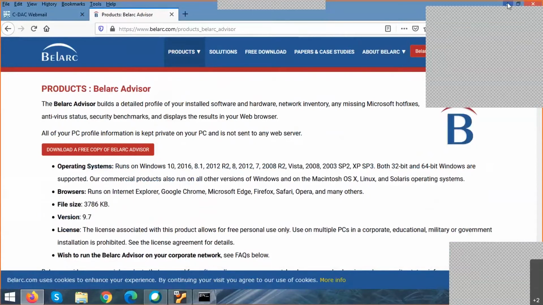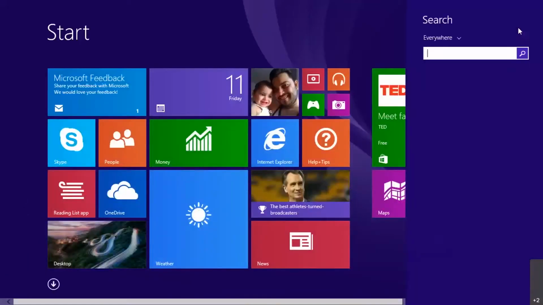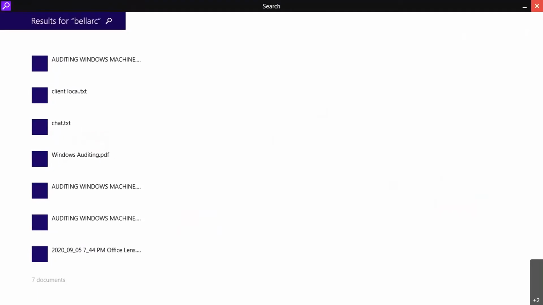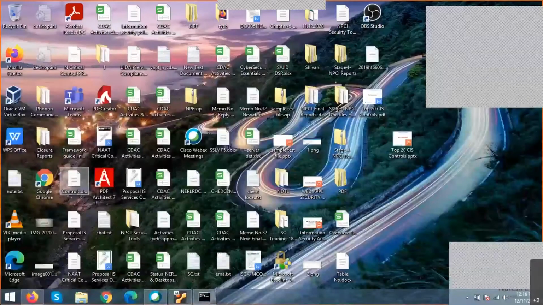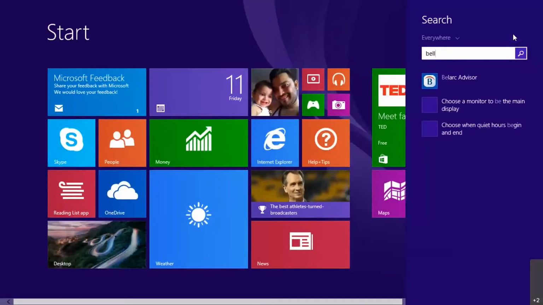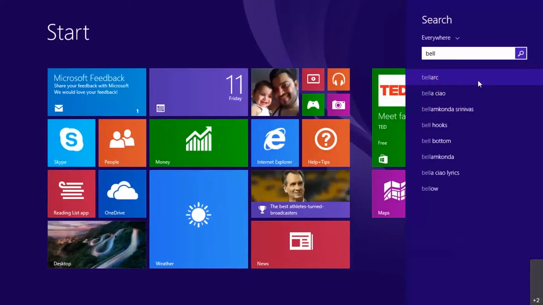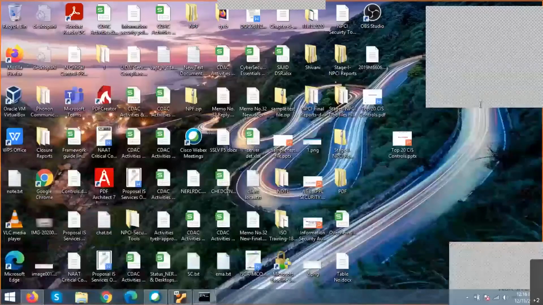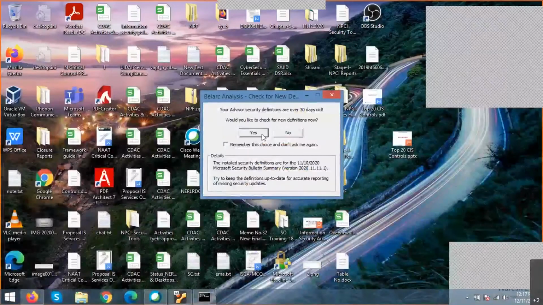So I'm opening this Bellark Advisor. When you run it for the first time, it tells you that your security updates are 30 days old and asks whether you want to check for new definitions.